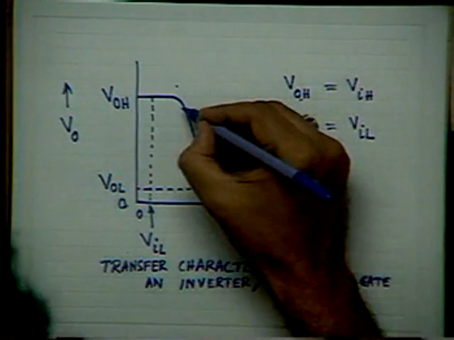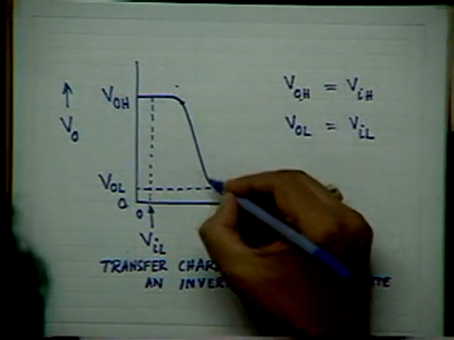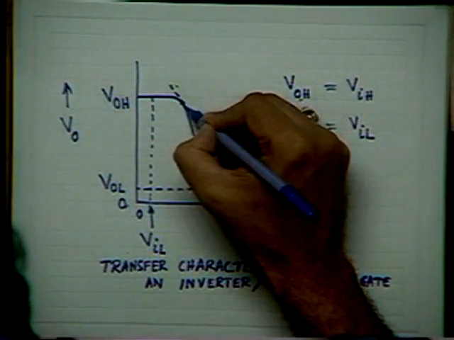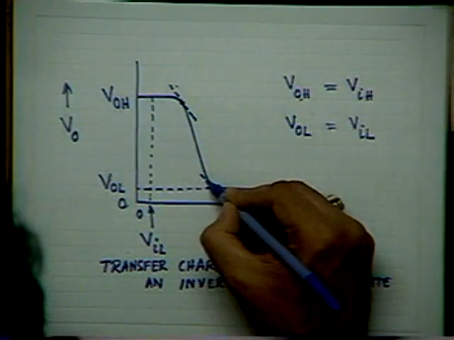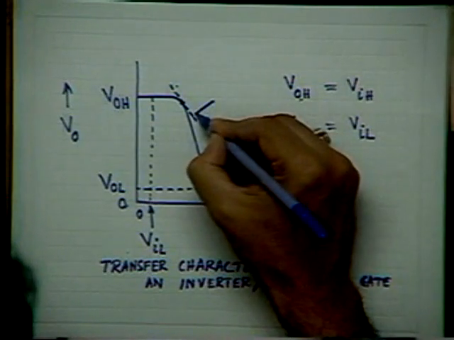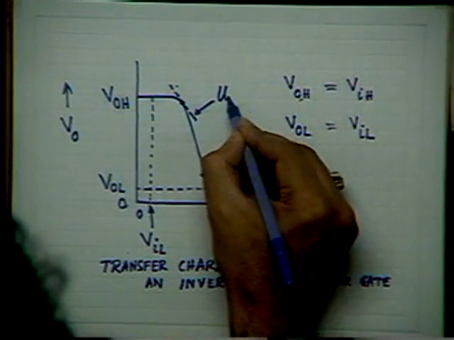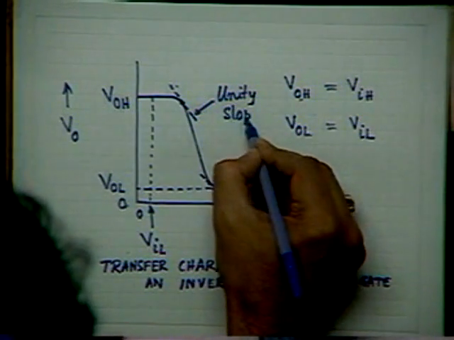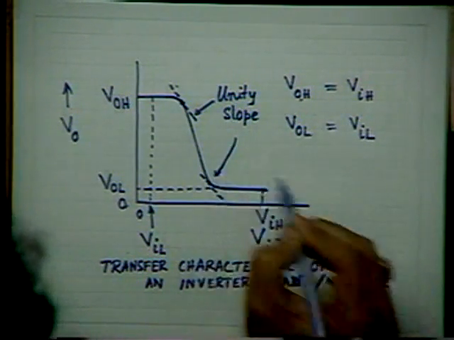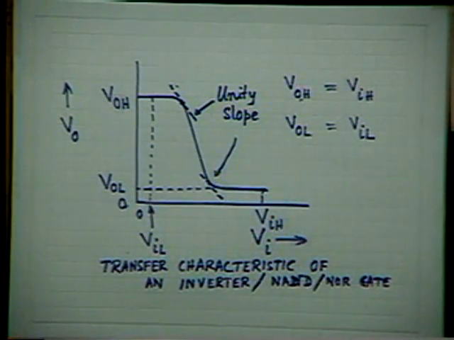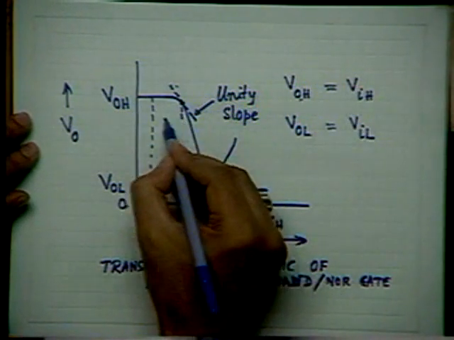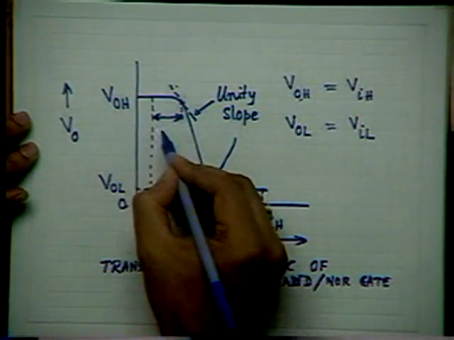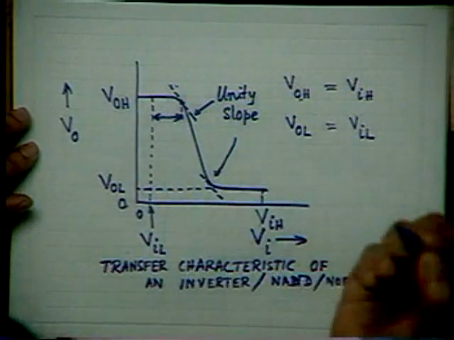We define here and here two points where the slope is unity. And then you define a voltage range here, which you can call in terms of the input or output,